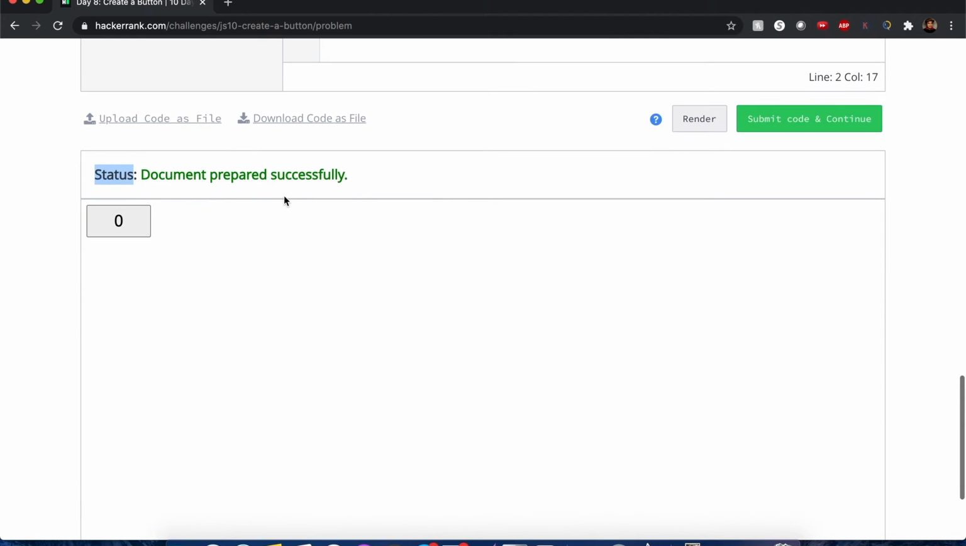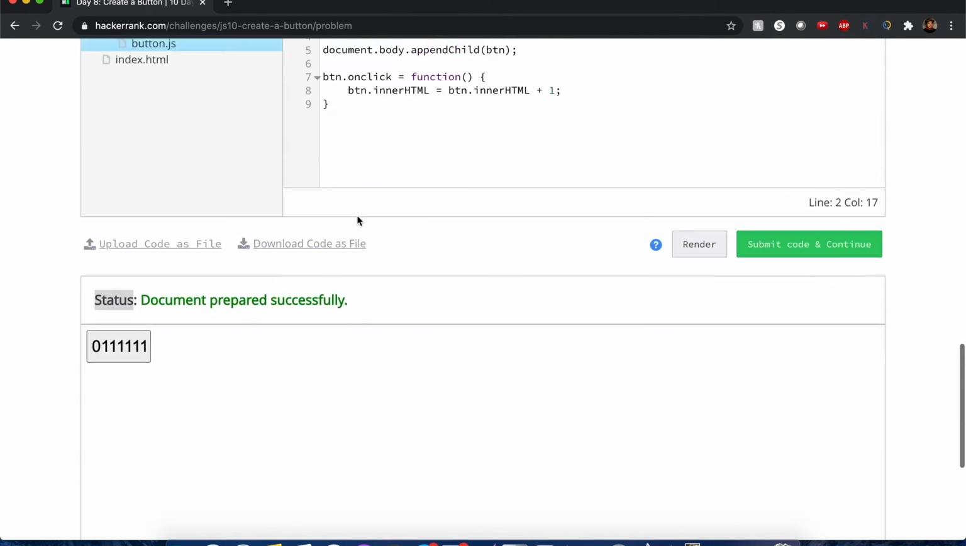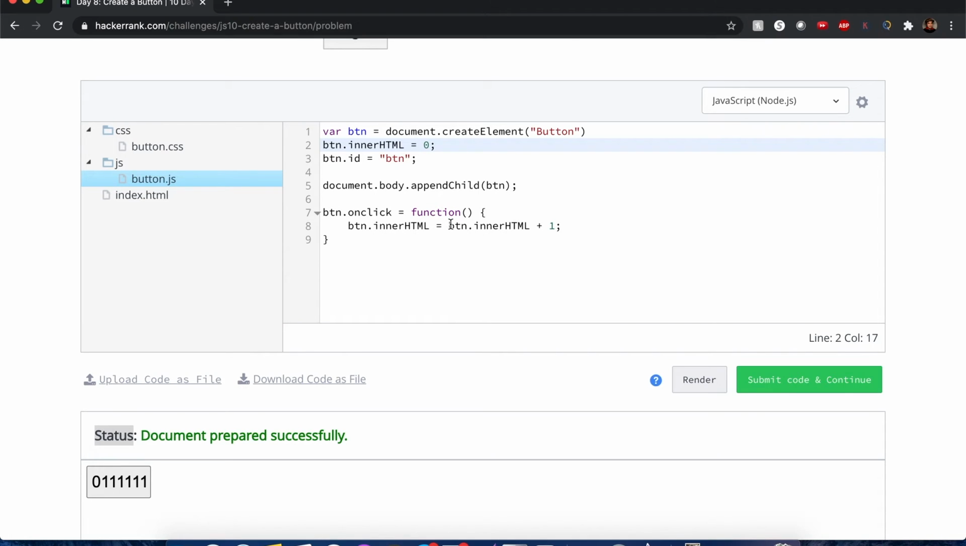Oh shoot! Sorry. You can see what's happening. So I actually have to cast that button's innerHTML value as a number by using the casting syntax Number and encapsulating the innerHTML with it. So now when I render it,